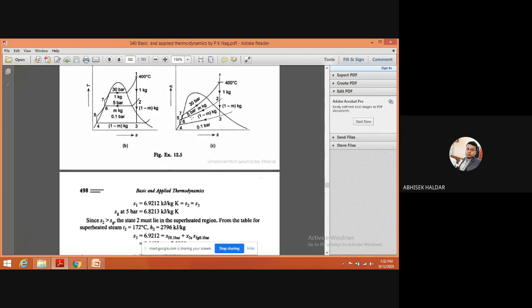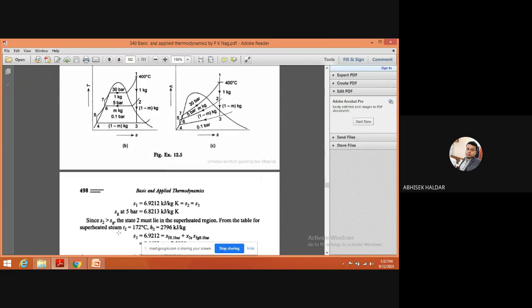That means if I know the pressure, I have to find out the properties. But if I know the temperature also, then also I can find out the properties. Now see, at this 5 bar in the superheated zone, there will be some saturation temperature. But if I go for the temperature table, you will find the saturation pressure. That is the difference. So here, if I go for this 5 bar, pressure is known to me.